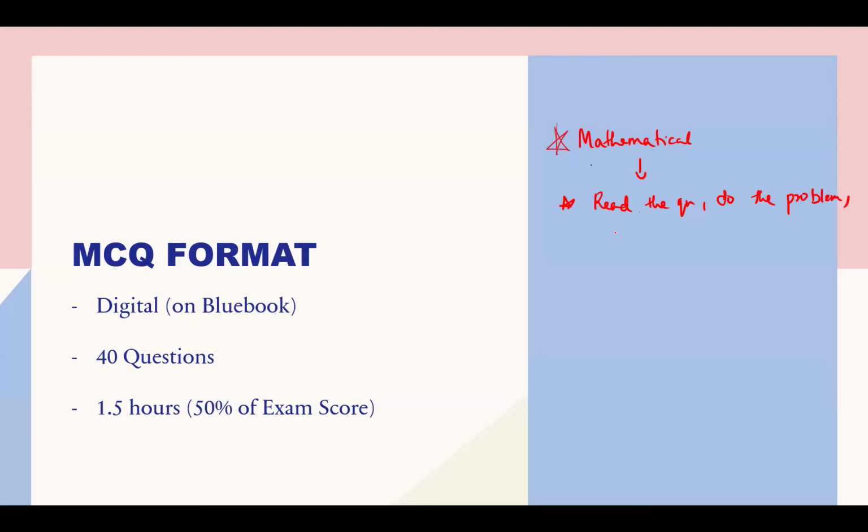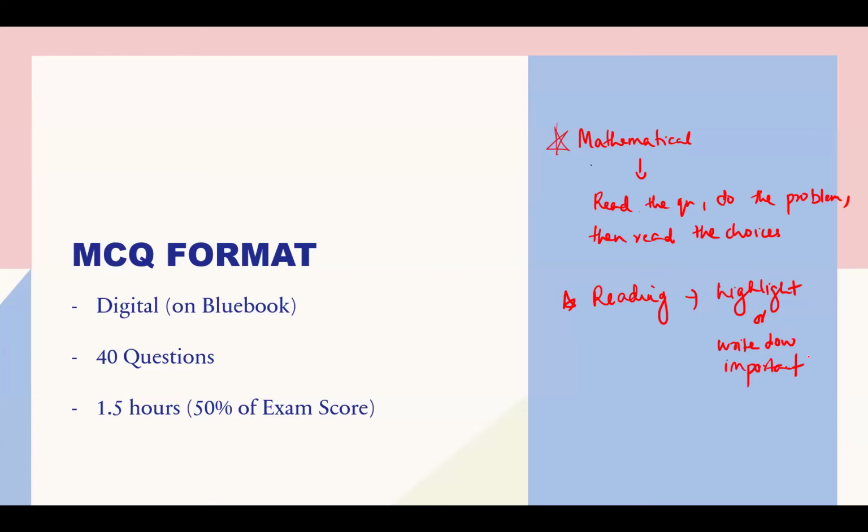Whereas if it's more of a reading kind of question, and the answers are based off of what you're reading, if it's experiment design, if they're talking about randomized block versus completely randomized or paired, use your highlighter feature. Any kind of vocab you see, even in the mathematical part, I would be highlighting or write down on your scrap paper. That way, when you start reading the choices, things will pop out at you which are definitely wrong.